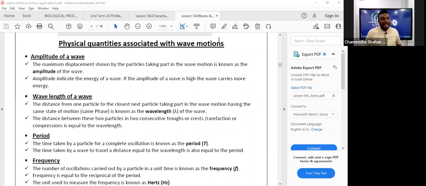the major thing you have to know in O level is to know about all these physical quantities related to the transverse waves. Longitudinal waves in that much detail is not expected from you when you are in O levels. But there can be situations where some things could be asked related to longitudinal waves as well, right?